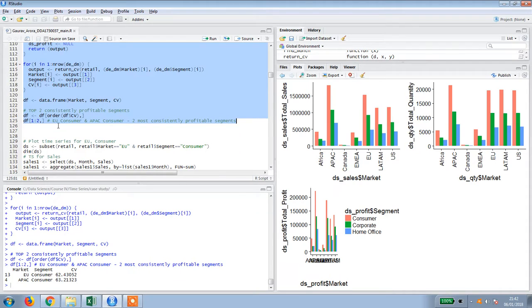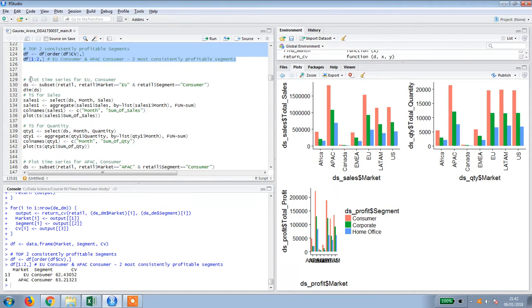So we see that based on the coefficient of variation parameter, European Union consumer and the APAC consumer are the two most consistently profitable segments. Since we have to forecast the sales and quantity, we use the top two consumer segments and build the forecasting model for each category. For example, in segment 1, the European Union consumer, we build the model for the sales and then the quantity, and similarly we build the model for sales and quantity in segment 2,